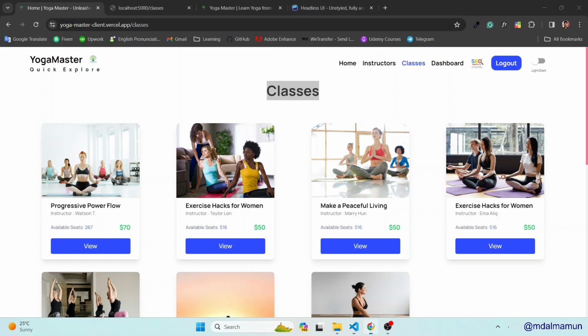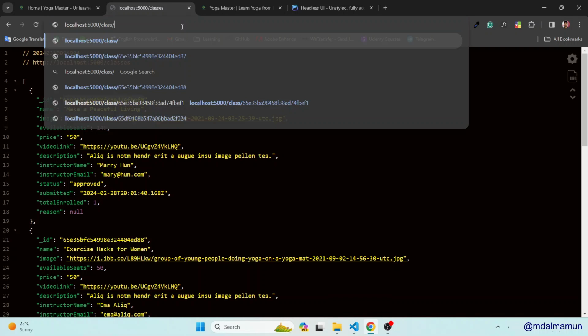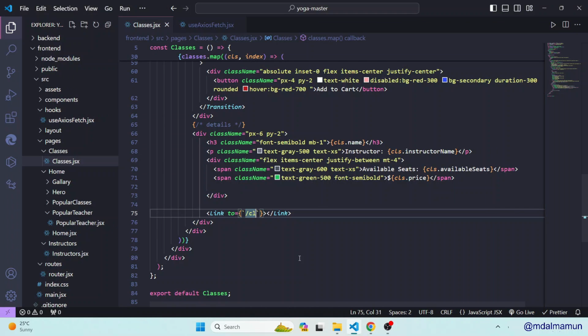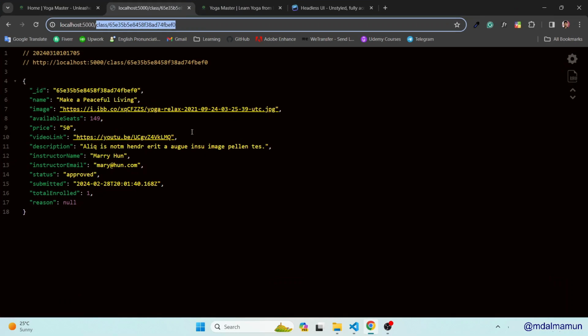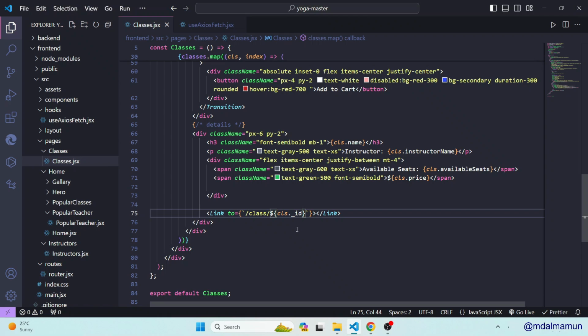You can see if you want to get a single class, you will have to go to slash and then class name. So for example, this class name. So here is the path. We will just simply copy it here. We will have a slash, and instead of this hard-coded id we will have dollar sign, and that would be cls dot underscore id. You can see here actually there is an underscore id, so that's why we will define underscore id here, and we will define that would be view. Okay,